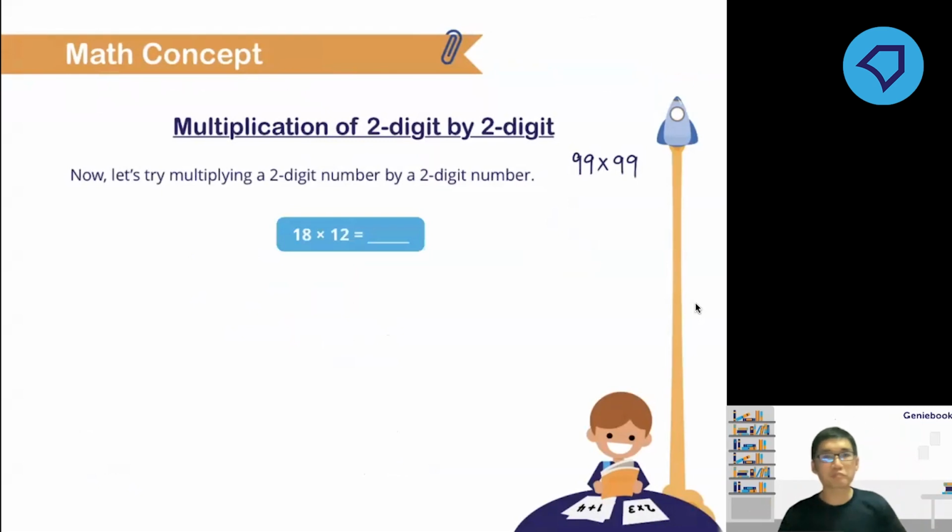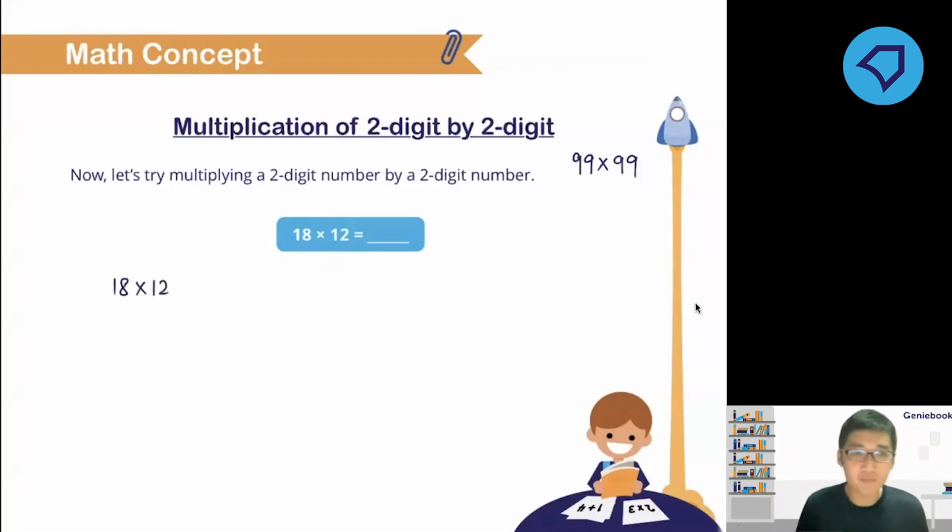Let's say this one. We have here 18 multiplied by 12. You notice, this is not a multiple of 10. This is also not a multiple of 10. We can't use the method that we used just now, of splitting the multiple of 10 into something times 10. For this one, I can't split. So what I can do here is, now take note,